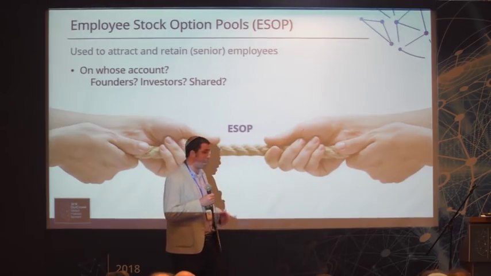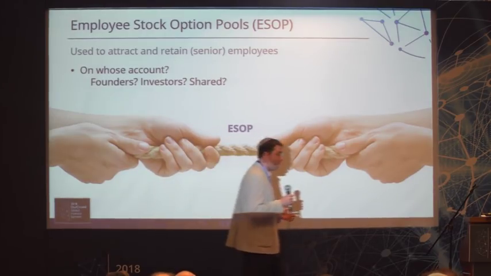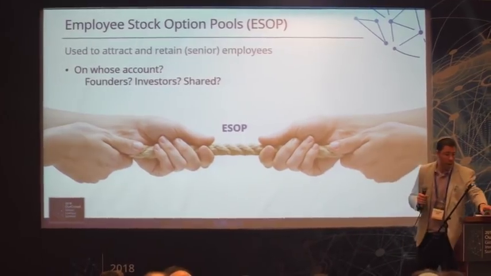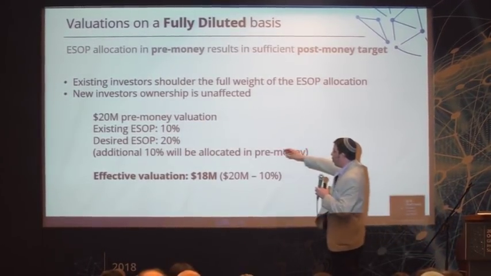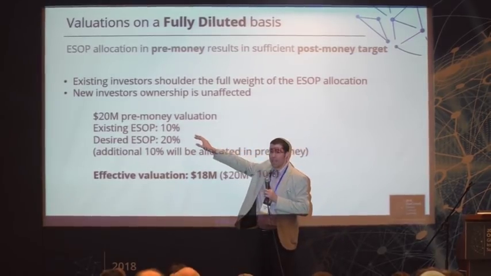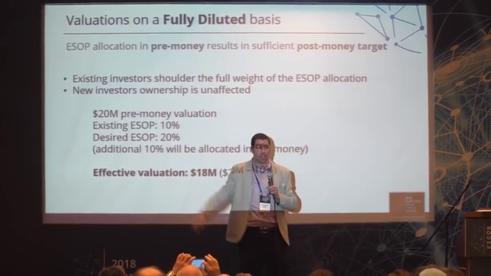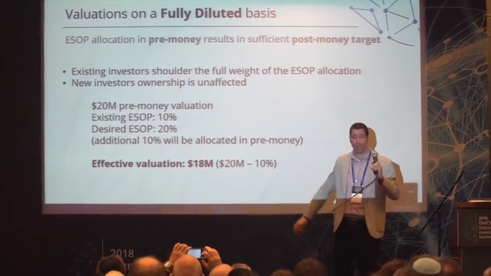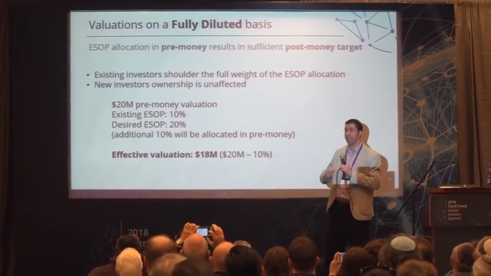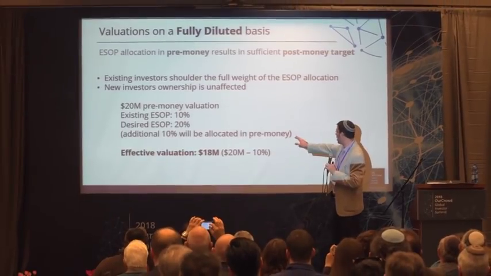So let's say we get into a company for the first time. Here we go, actually. We get into a company for the first time, and we price the company at $20 million, and there's currently 10% of shares in the ESOP pool. That means of the $20 million value, 10% of that, $2 million,